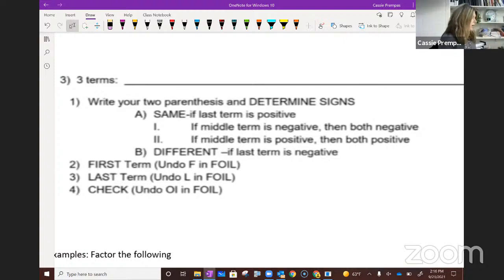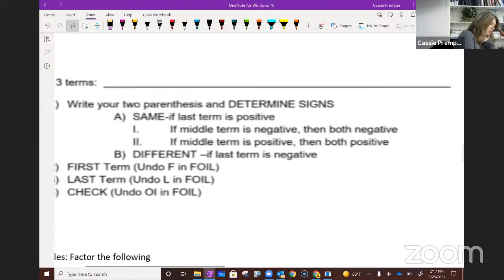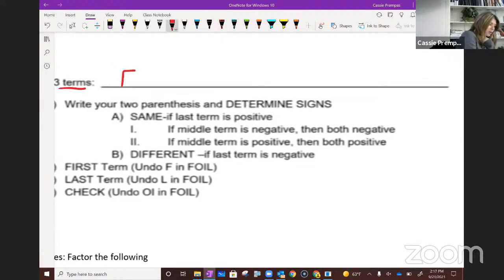Here, we use a strategy that is kind of silly. It's called trial and error or guess and check. But we give you a bunch of tips along the way. So I like to call it strategic trial and error. So if you have 3 terms, go ahead and write down you're going to factor